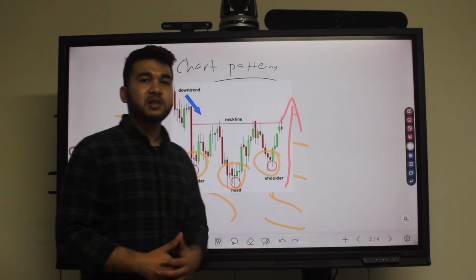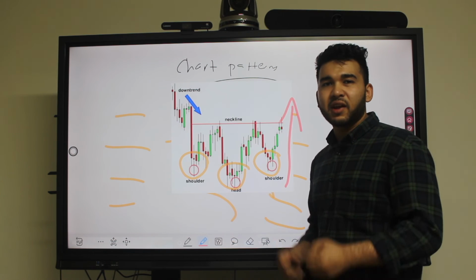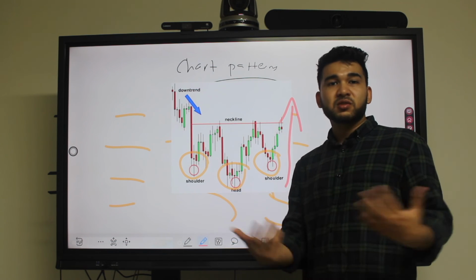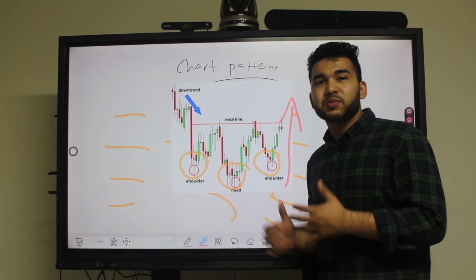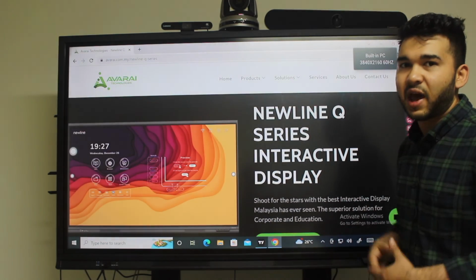As you can see, this Newline interactive touch panel can allow the trainer to conduct much more engaging and entertaining training sessions, and allow the students to understand the topics much more easily. And of course, there are much more features of this Newline Q series that I'm not able to talk about